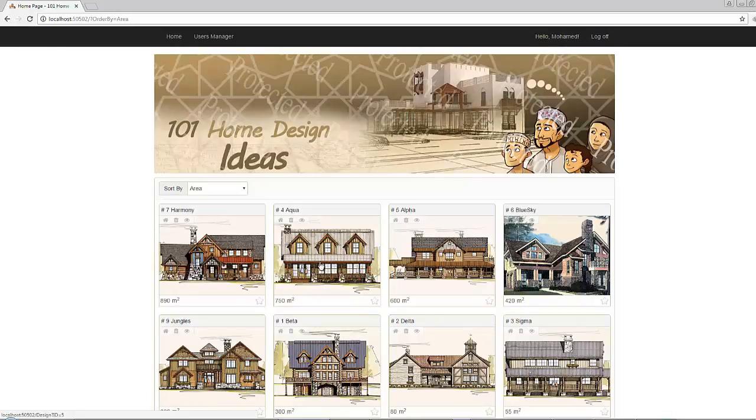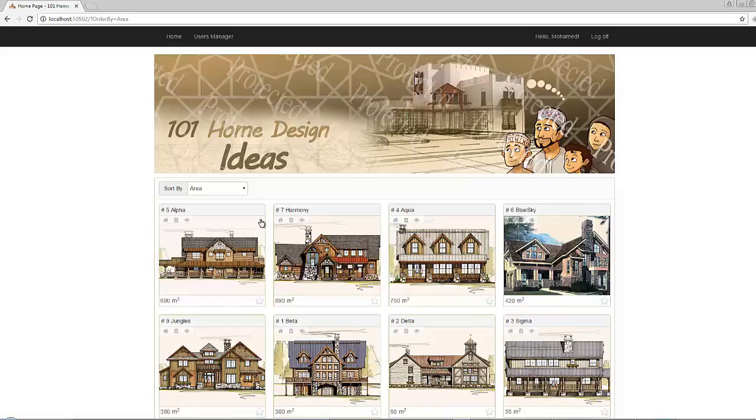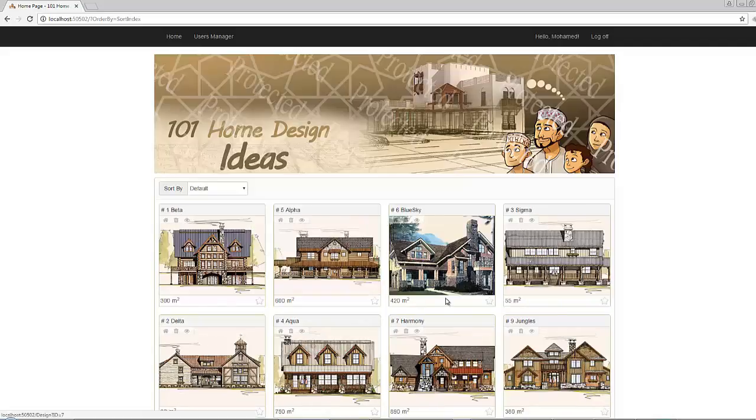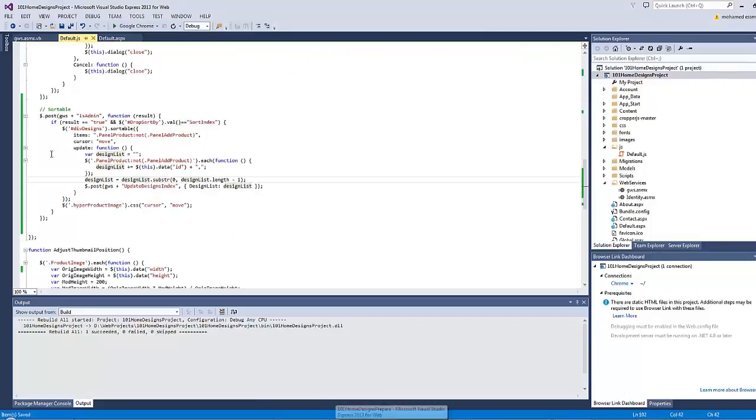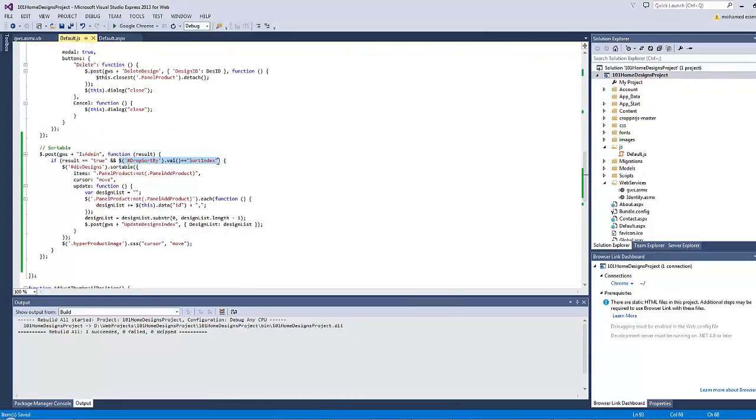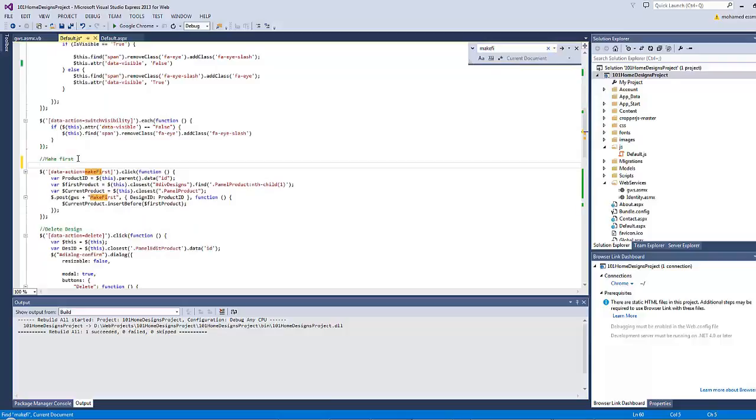And by the way, there is one more thing left from a previous video related to reordering, as the admin is still able to click the make first button regardless of sorting by any method like area or design number. So in order to handle this kind of situation as well, I will copy this condition and search for the make first, and I will type here a condition that if, paste the condition, dropSortBy.val equals sortIndex, then do the following,